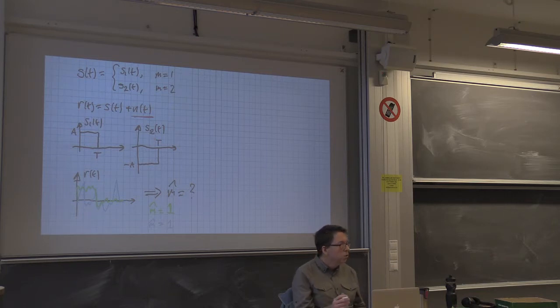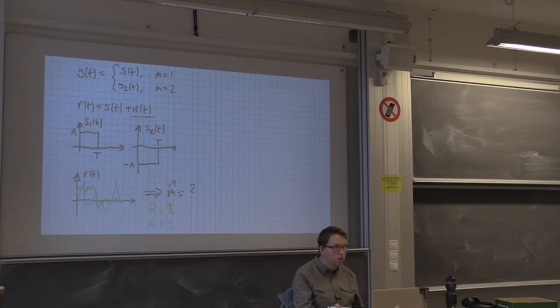So what we would like is to have a mathematical way to measure distance between signals. Is the blue one closer to S1 or to S2? Well, let's measure the distance between the blue one and S1, and the distance between the blue one and S2, and let's pick the signal alternative which is closest to the